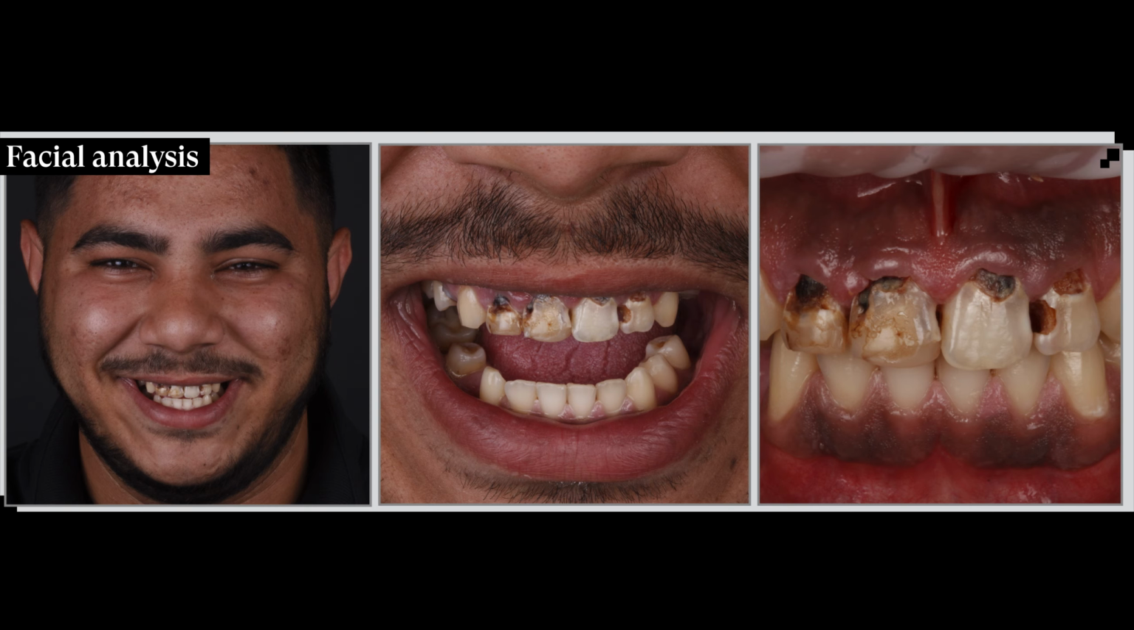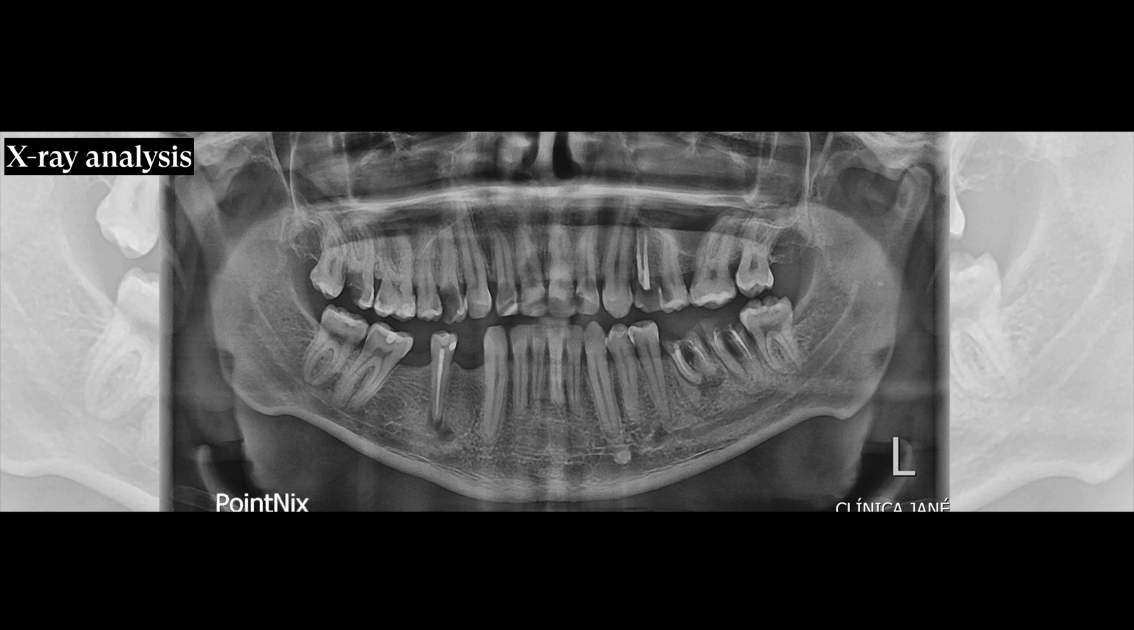We have to see why things are like this, why it's happening, how we are going to avoid this happening again. Because he's a young person with very destroyed teeth, an ugly situation. So he's smiling, this is a smile, we analyze the face, then the smile, and then intraorally. This is the X-ray. We see clearly